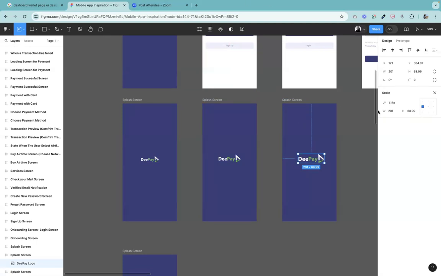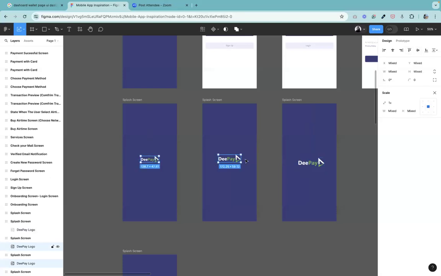I want to ensure this is well aligned, so I will make sure the whole of this, they are well aligned. Because if it's not well aligned, it will actually affect the prototype, because I just want everything to be in the same place so that it will be as if they are all working together. So